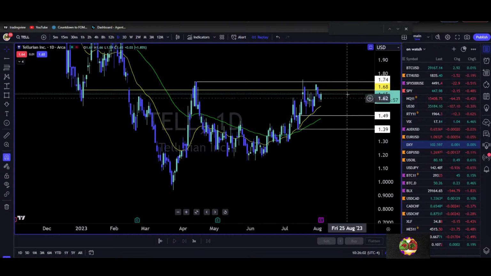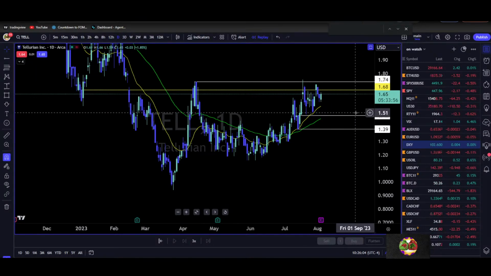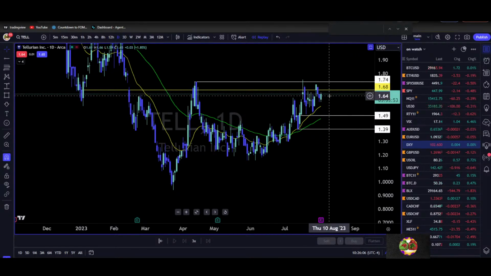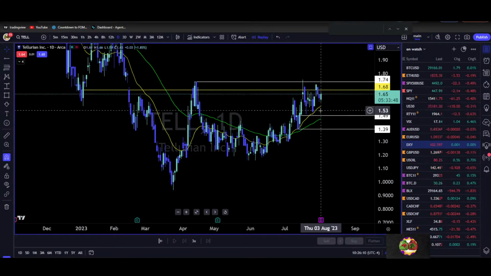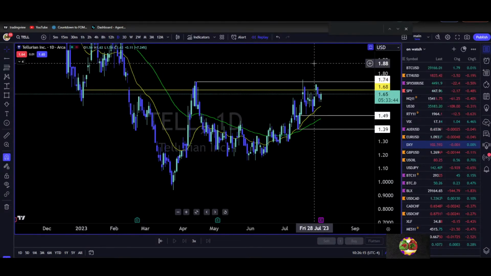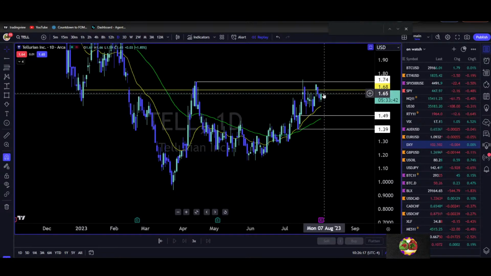149, 139 was the place to buy this. And we did that before price got over here. But now you can't because you're in the process of already moving up. If you buy it here, you take the chance on yesterday's close open being resistance and it rolling back over and taking a loss. It's already on the move, but